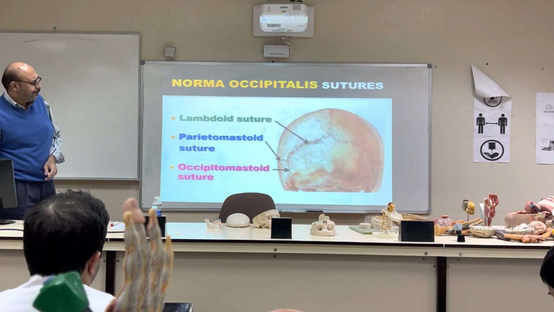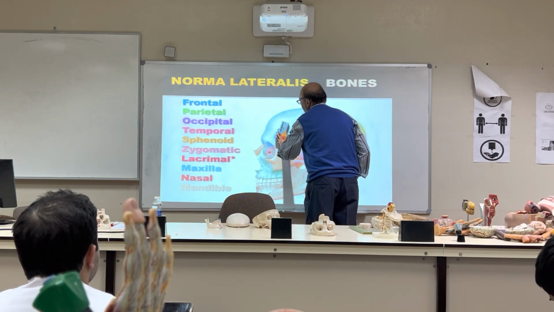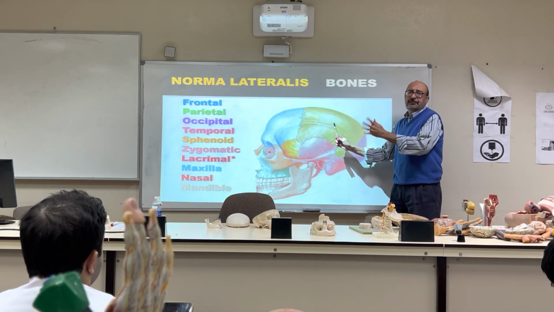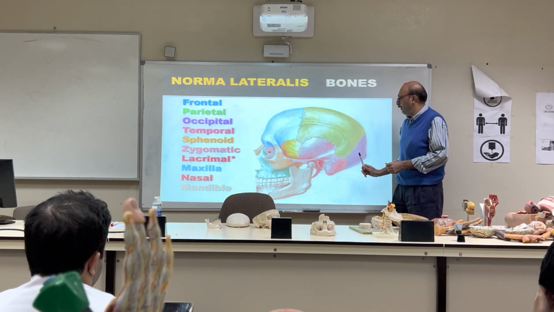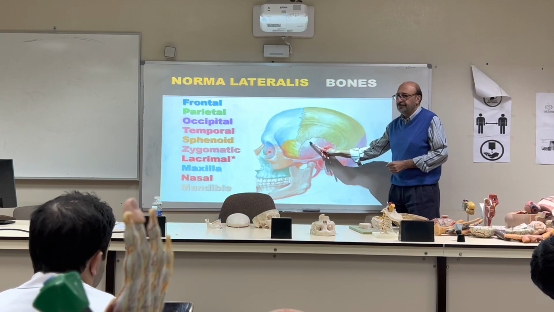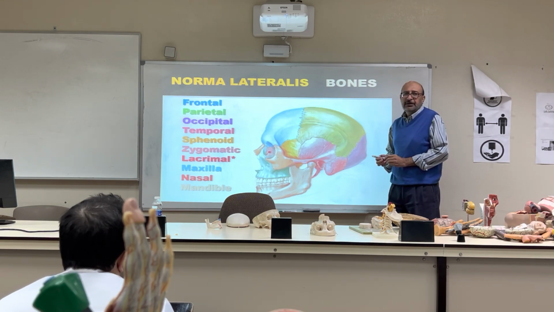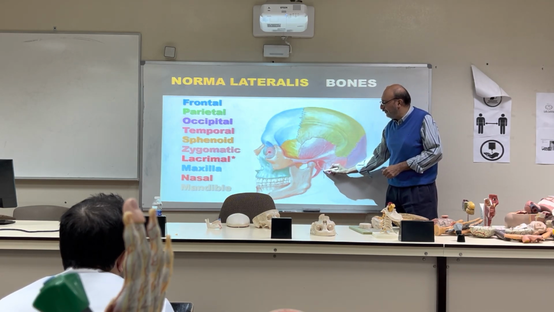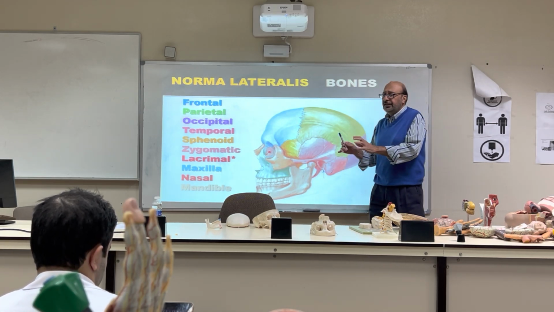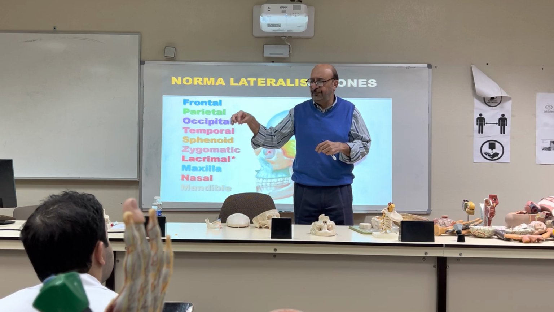Leave this slide. Even leave this. There are certain bones here to identify. Sometimes you are asked frontal bone, parietal bone. This is on the side view. Frontal bone, parietal bone, occipital bone. Then we have the temporal bone with two important processes, styloid process and mastoid process. Why important? Because in between them there is a foramen, stylomastoid foramen. I will show you. There are certain things when we will finish, I will try to focus on the